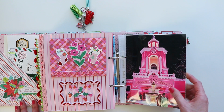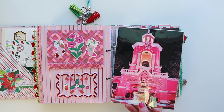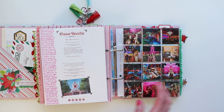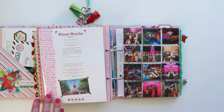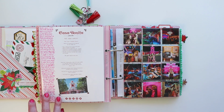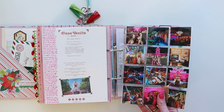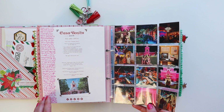I got a golden ticket to Casa Bonita. I don't know if you know the legend or the story of this historic landmark, but it closed in 2020. The owners of South Park purchased it, spent $40 million renovating it, and then it, quote unquote, reopened in May of 2023. However, on an invitation-only basis. So I submitted my email like every other week since May, and finally, one morning in November, I awoke to the email that said, "You're invited," and we chose a day specifically in December so that I could add it into my December daily. I got me and Jane these matching pink Pepto-Bismol sweatshirts, and we just had so much